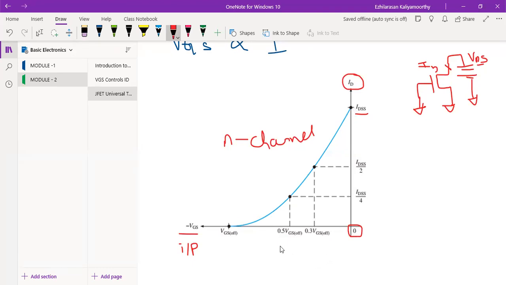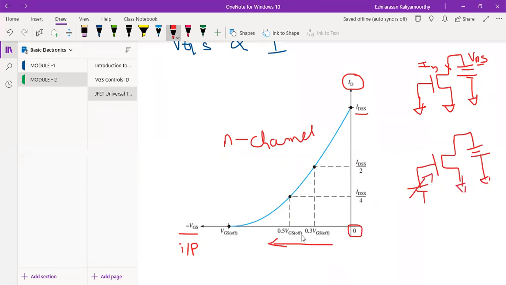So gradually I am increasing my input voltage from VGS 0 to -1, -2, -3. Like that I am going to increase. So my diagram will become like this. I will draw this battery over there. Then I will draw the supply. It is fixed, so this will be fixed, but this will be varying.